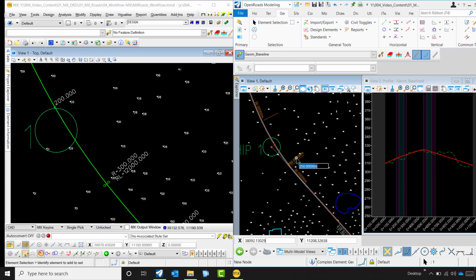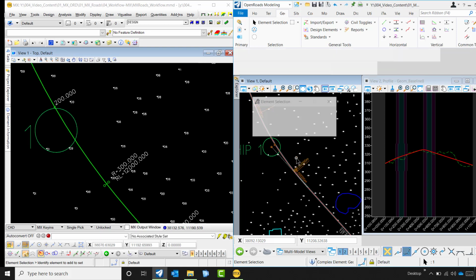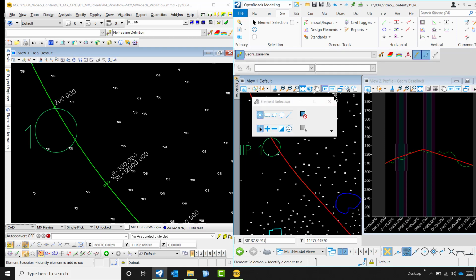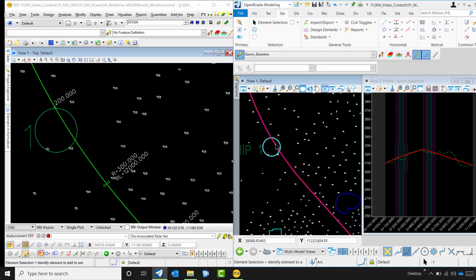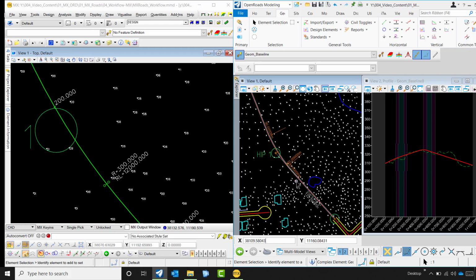I could simply key in a new value and that would change my alignment over here without having to recreate it as a master string or even remove the vertical profiles. So you see that update over here.